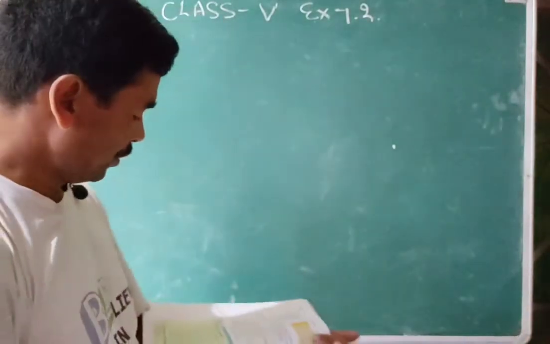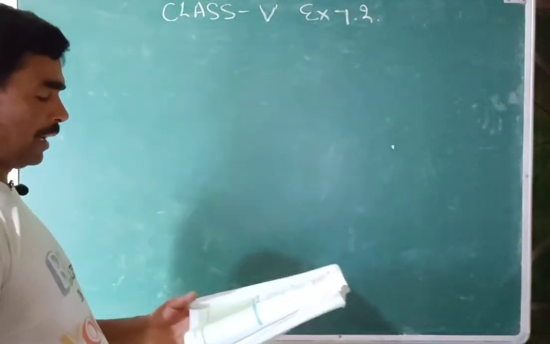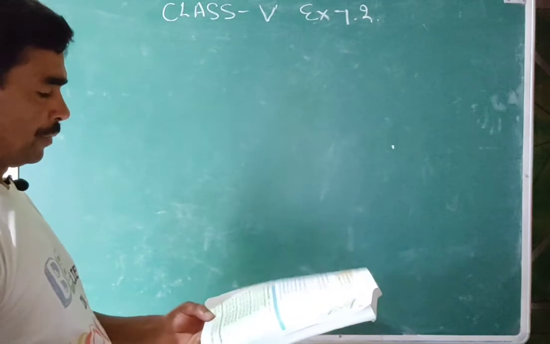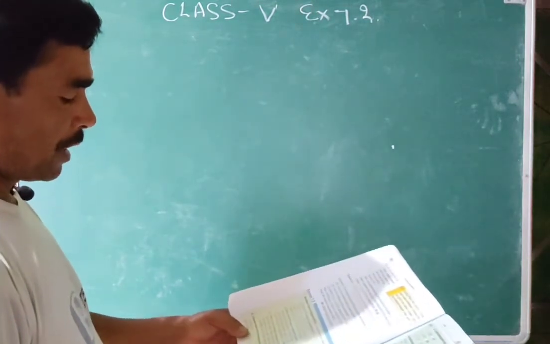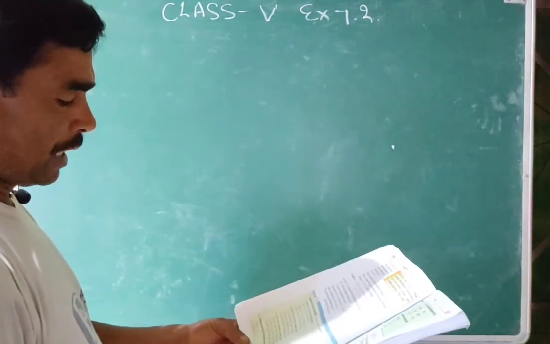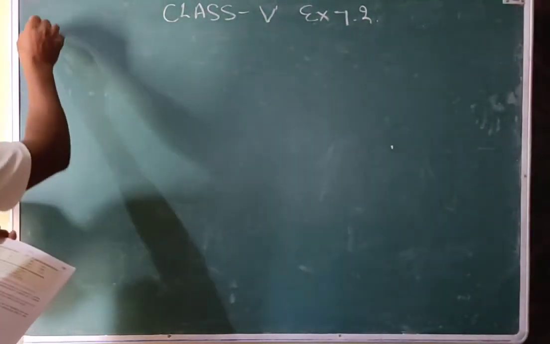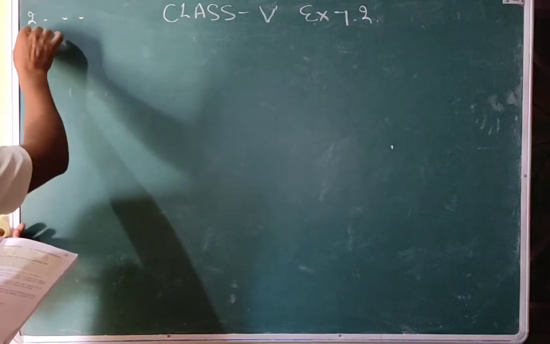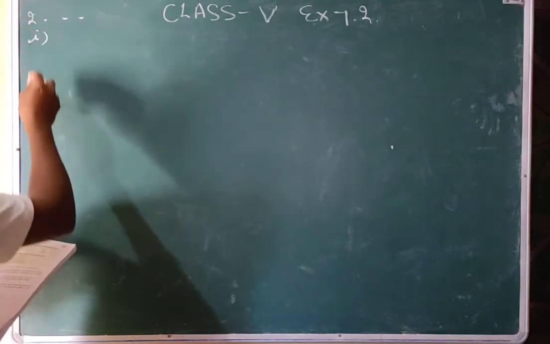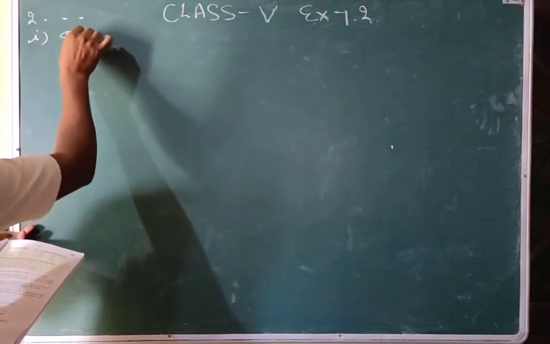Exercise 7.2. First question is multiply, so you will be doing it in your book. Second question: convert each of the following groups of unlike decimals into like decimals. How will you convert unlike decimals into like decimals? That is 8 decimal 7,